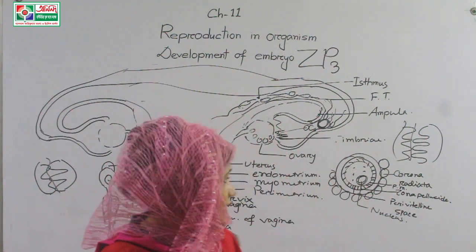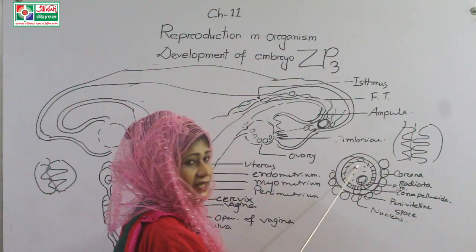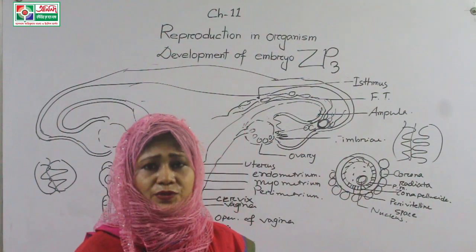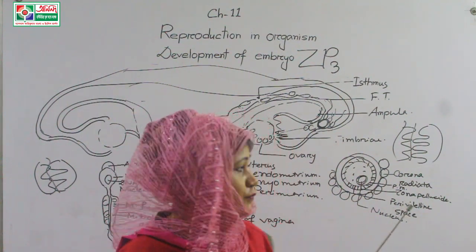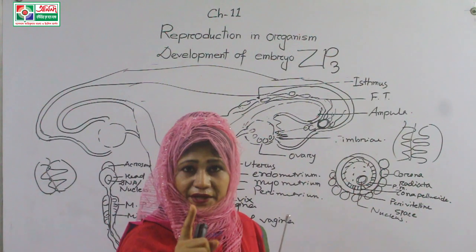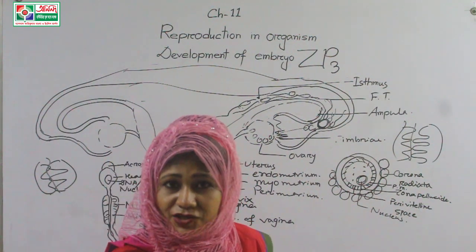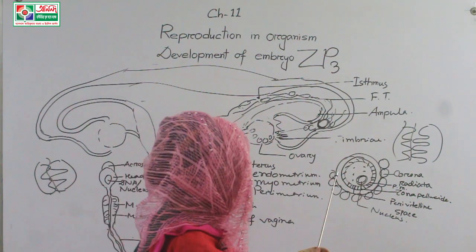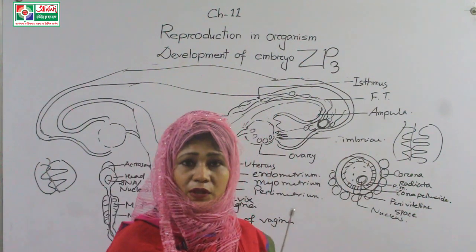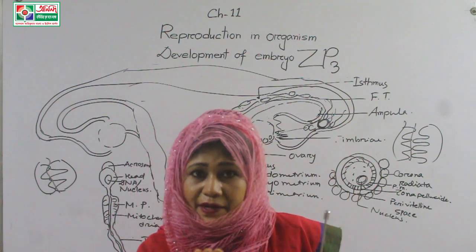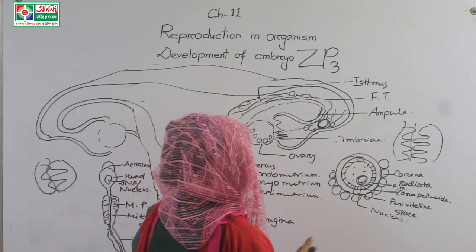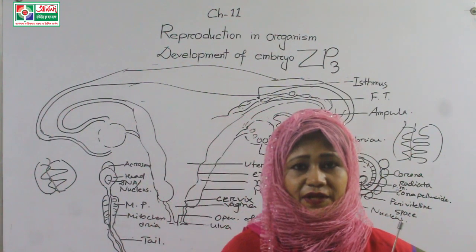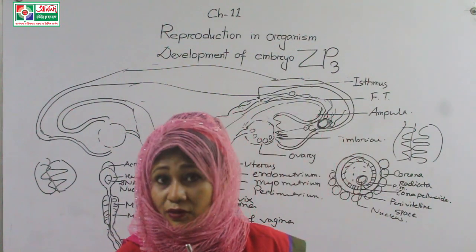How? The intracellular calcium and also the cortical granules from the secondary oocyte. Mind it, intracellular calcium and the cortical granules of the secondary oocyte protect the wall and make a seal at the entrance, the path of the entrance. They seal the way so that other sperms cannot enter.